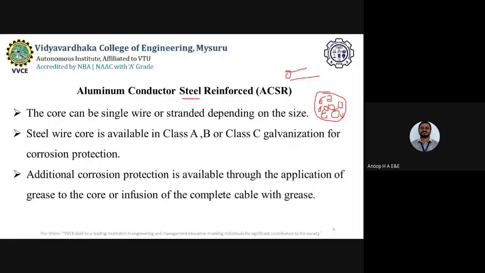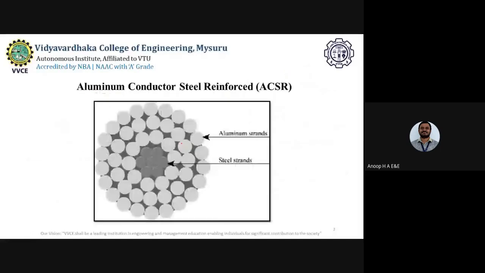So you have aluminum strands and you will have the steel strands there. Steel is being reinforced, and you will have the aluminum conductor. What I'm giving you is an idea of how the conductors are generally constructed once you use them for transmission line towers.